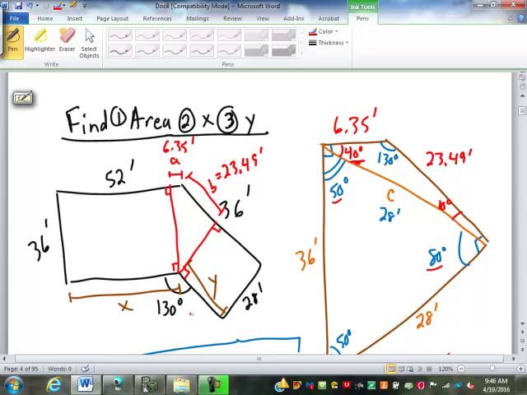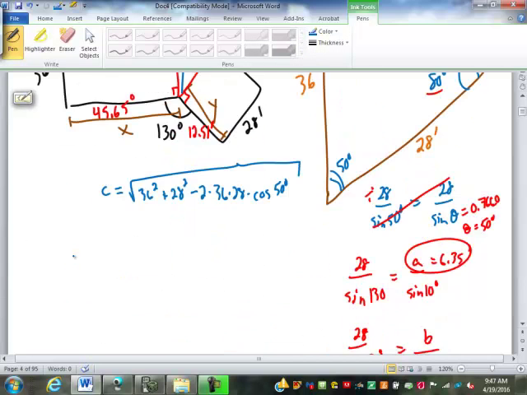So what that means is that this here, Y, is 12.51 feet, 36 minus the 23.49, and this over here is 45.65 feet, 52 minus the 6.35. From there, the areas should just kind of fall into place. We've got area 1 here, which will be 45.65 times 36